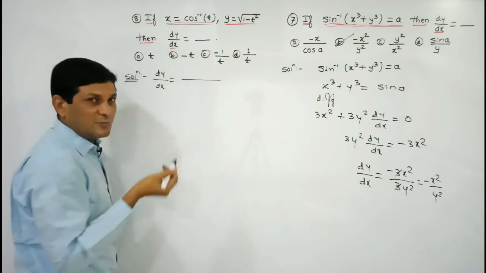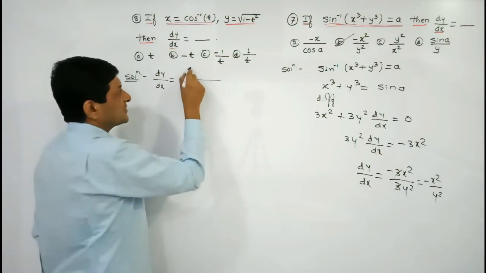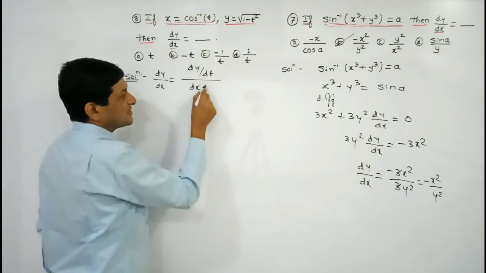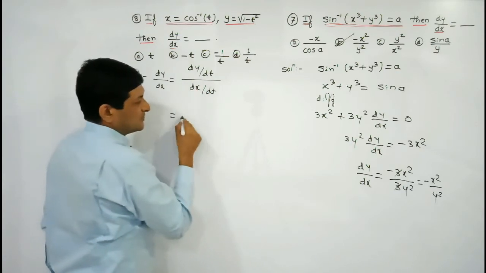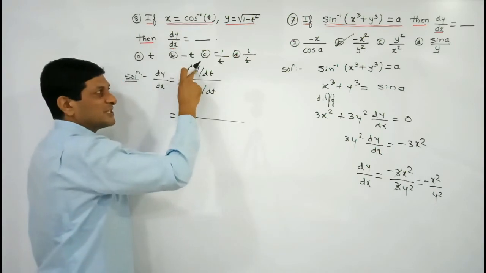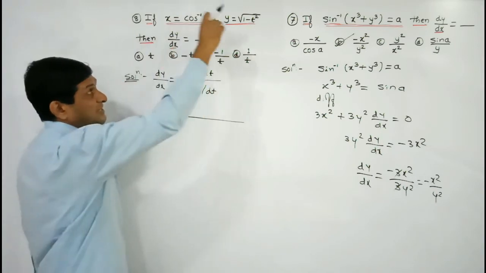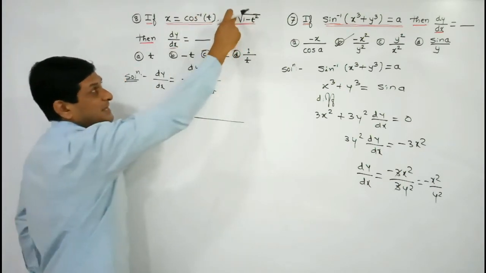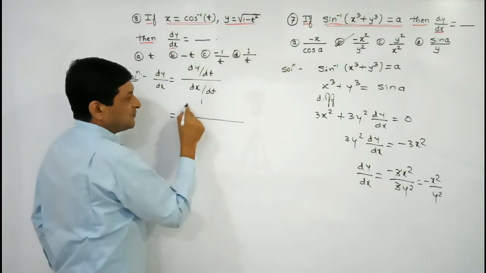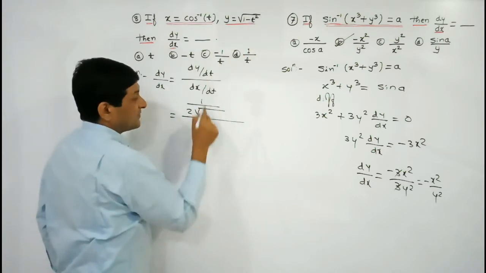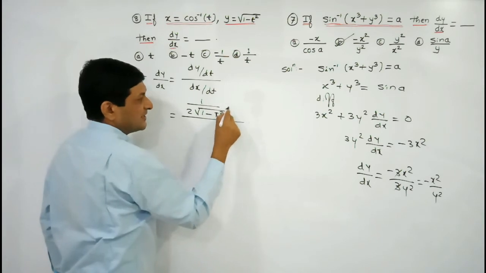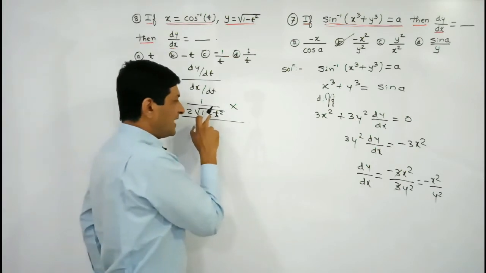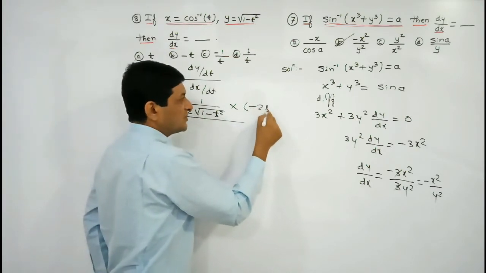In this case, we have one theorem to find out differentiation. dy by dx can be written as dy upon dt, because t is the parameter, and dx upon dt. So which is equal to, means in the numerator we have to differentiate y with respect to t. चलो ये y की वैल्यू है, इसे differentiate करो. We are finding its derivative with respect to what? T. And the derivative of under root f of x is 1 upon 2 root f of x. What is f of x? 1 minus t square into the derivative of 1 minus t square. What is the derivative of 1? 0, and the derivative of minus t square is minus 2t.